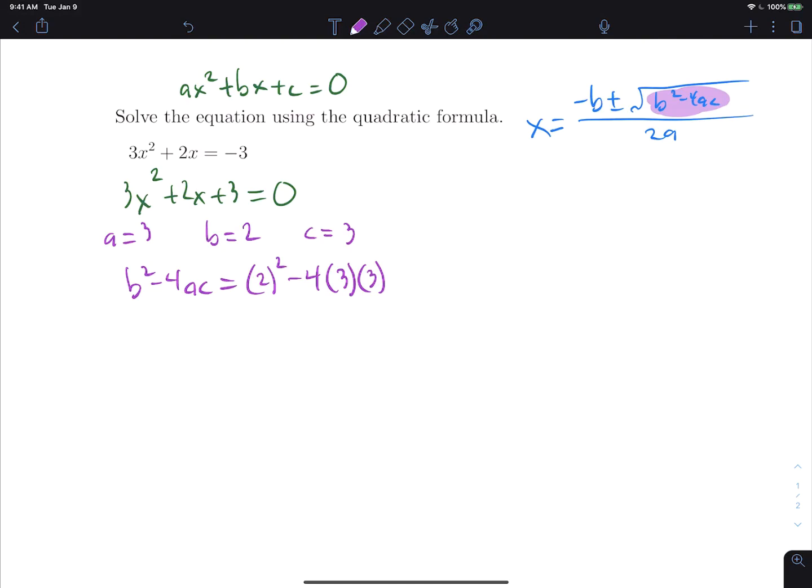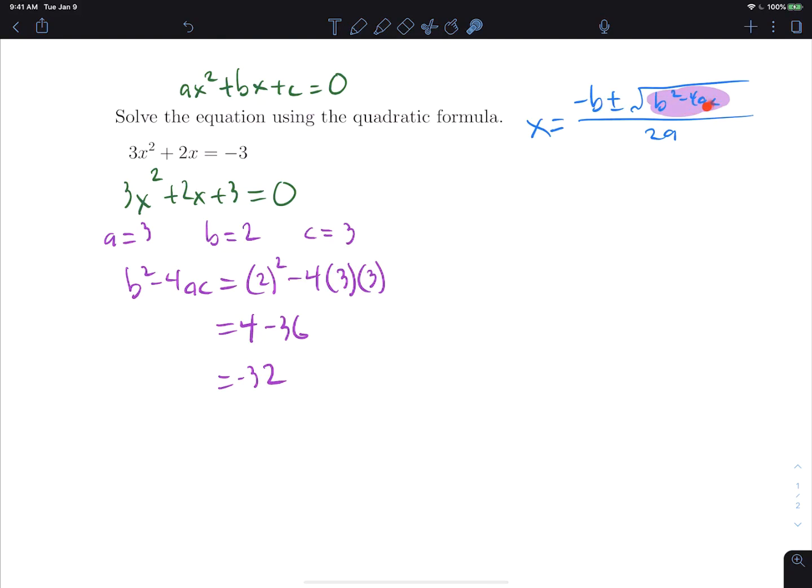Well, 2 squared is 4. -4 times 3 is 12, times 3 is 36. So that's minus 36. 4 minus 36 is -32. Awesome. Now that we know this, we can plug this